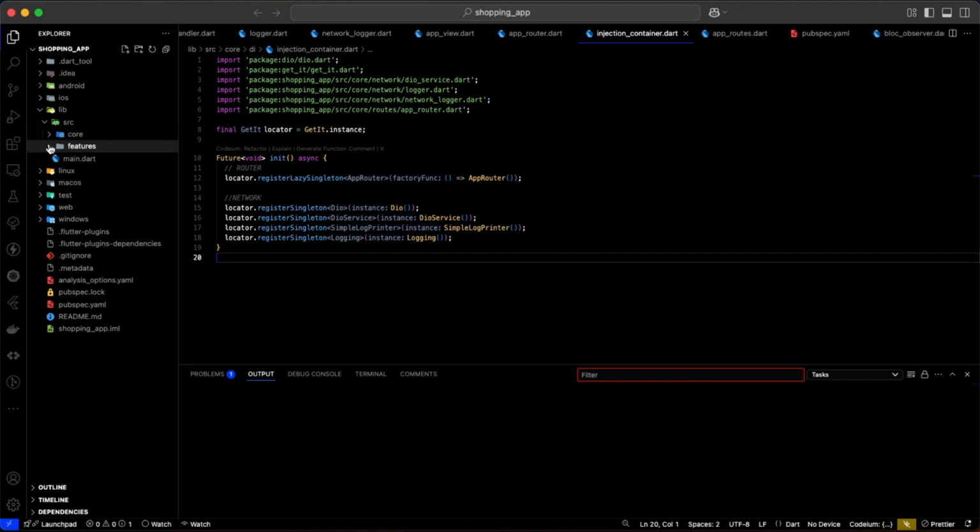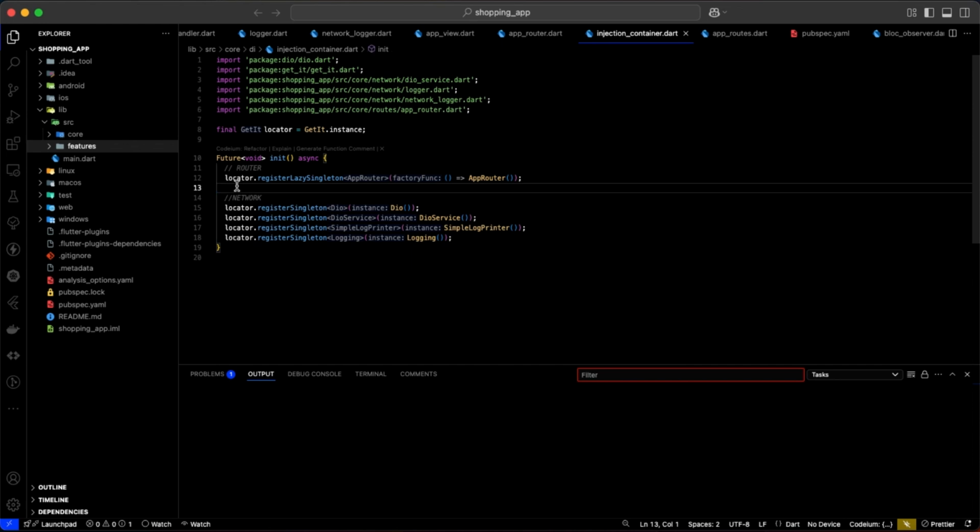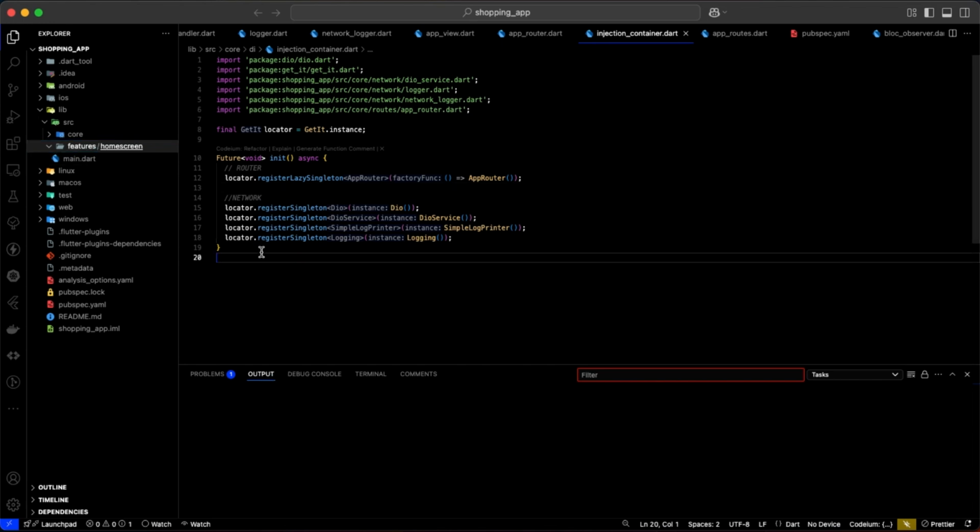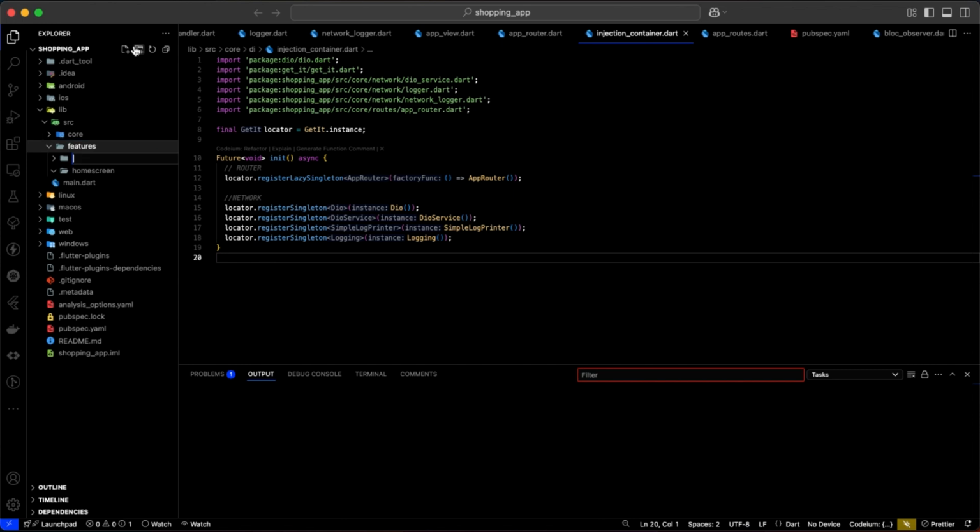Good. Now our approach when it comes to working on features is feature based. So it means we will have a folder for a certain feature, and then everything that belongs to that feature will be inside that folder. So with that, it helps in terms of scalability and maintenance. Okay, so we're going to have a feature for the home screen, which means the UI that I showed you. Okay, and also we're going to have a feature for products. Okay, so this feature will have